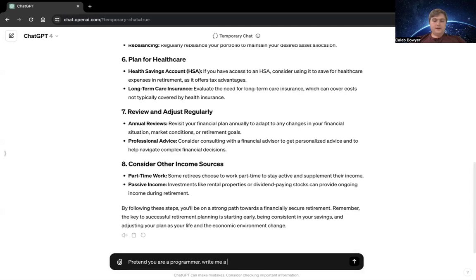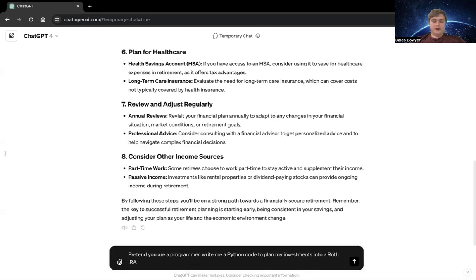Write me a Python code to plan my investments into a Roth IRA for the next 30 years, and with a 10% annual growth, what will be my retirement account value?